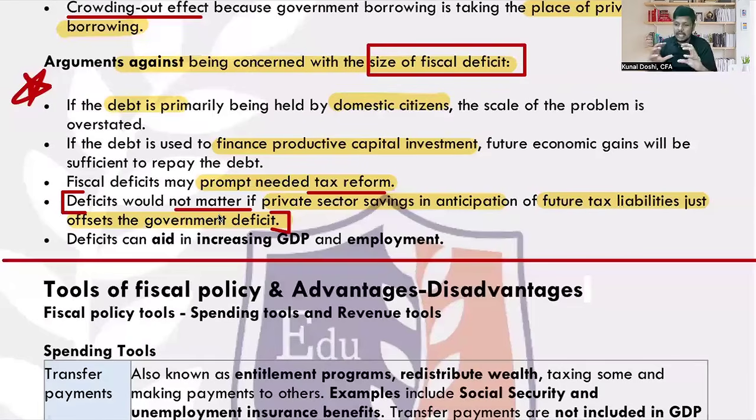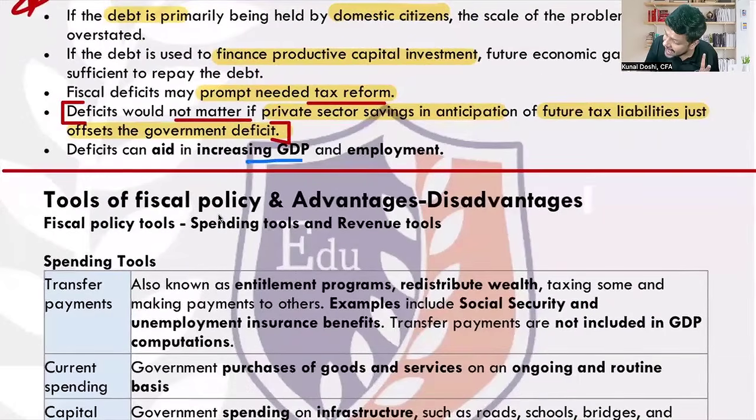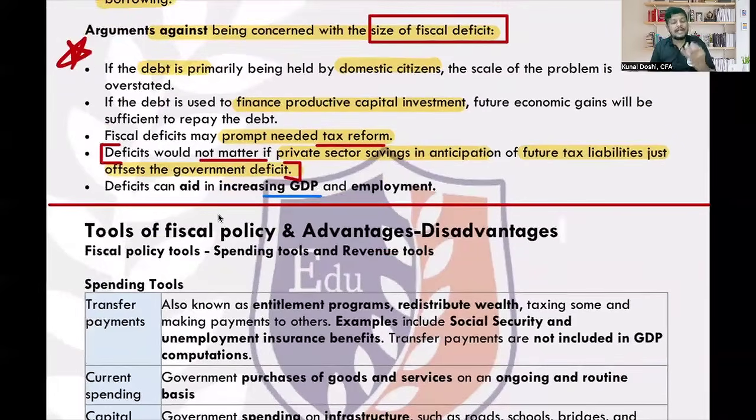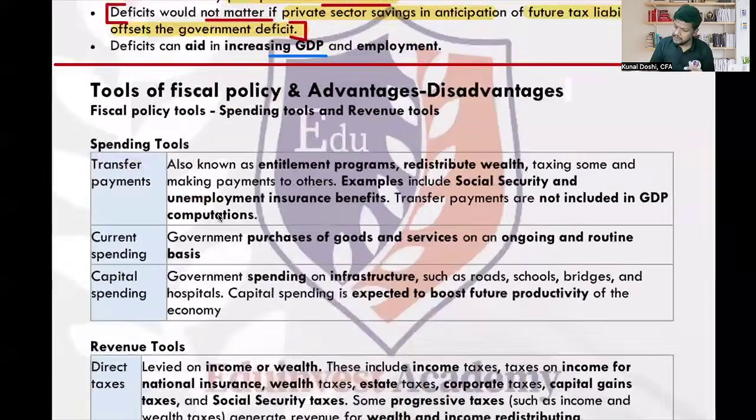So overall, government is borrowing more, but the private sector is saving more, acting as a cushion for the government deficit. So whenever the government has a deficit, there's more money in the economy by the private savings. Correct? So then they are saying it should not be a concern because there is a lot of savings in the market. And finally, deficit can increase the GDP and employment. So it's not a concern. In fact, let me tell you, most of the economies are at a fiscal deficit for a prolonged period. Understood? So there are arguments on both the sides.